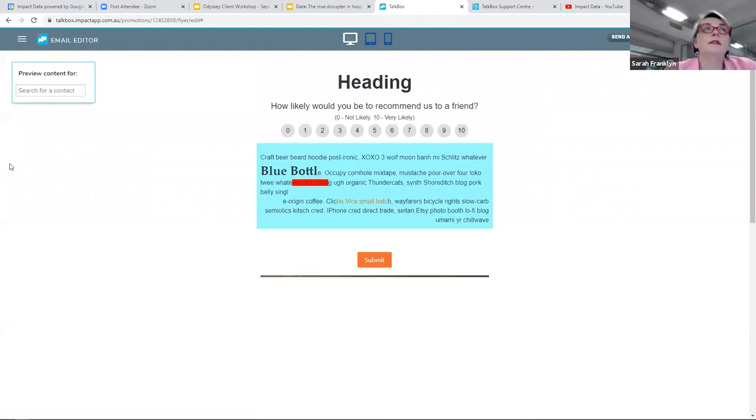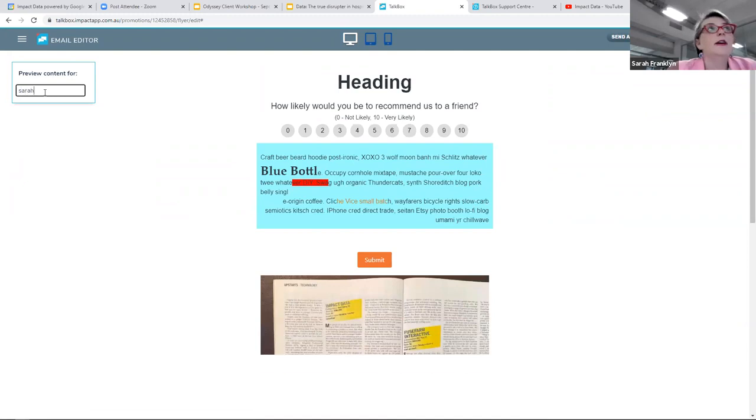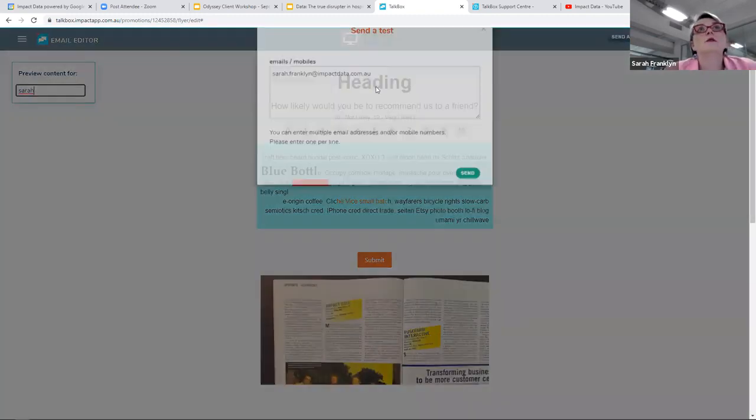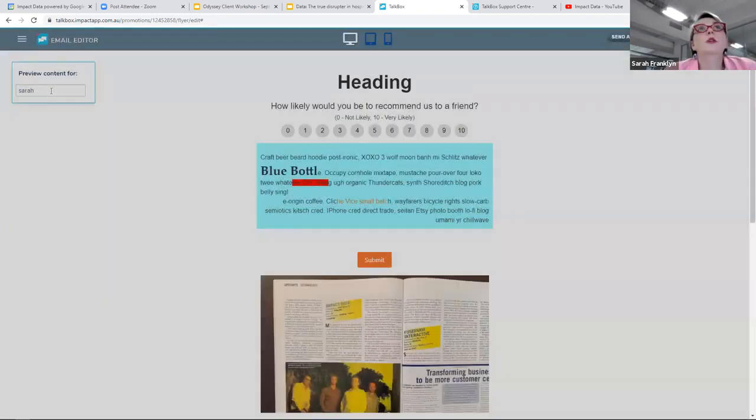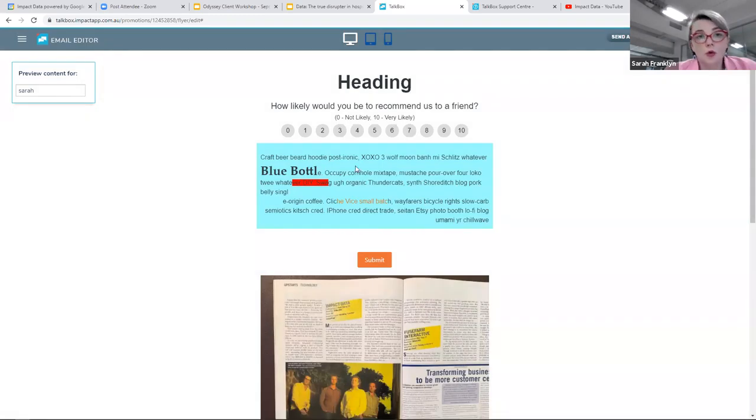Okay, so I'm going to pretend that we are rocking and this is our beautiful email. Now, probably one of the things that you don't do is have a look at what it's going to look like. If I've added some merge fields, I can preview what it will look like for someone who's in the database. And then I can just see how it all lands and make sure that I'm comfortable. So that little preview content is a really good tool. The other one up here is what we call sort of a mini litmus. This is what it looks like on a computer. So this is the first view.